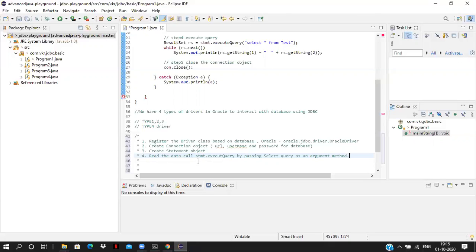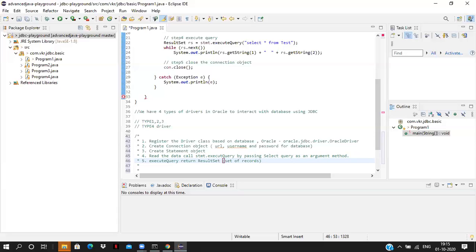From the ResultSet, we just iterate the data. Fifth one: executeQuery returns a ResultSet. ResultSet is holding the set of records.